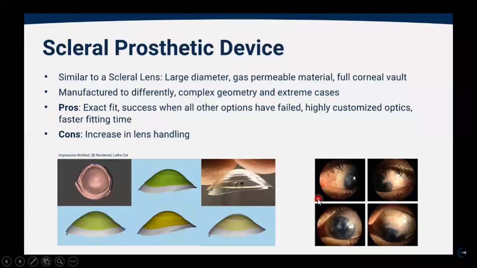So normally if a cornea has this kind of condition, you will see a pterygium there or pinguecula. So the pinguecula would be an elevated area. So if you fit a contact lens there, one area will be elevated and another area will impinge. So in that kind of case fitting is very difficult. So there you can go for this scleral prosthetic device. These are very advanced lenses, but the options are there.